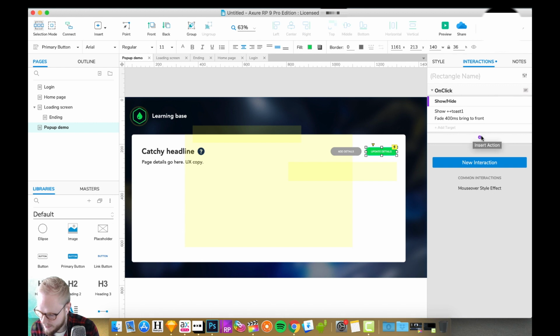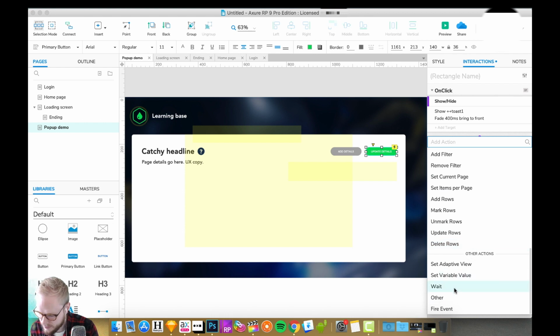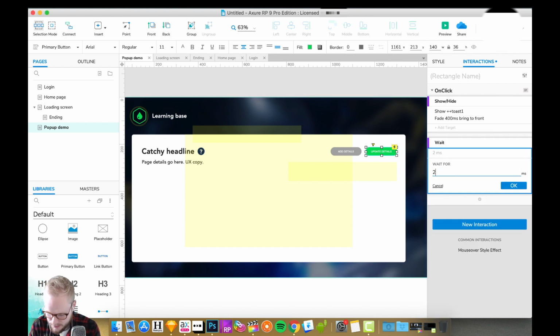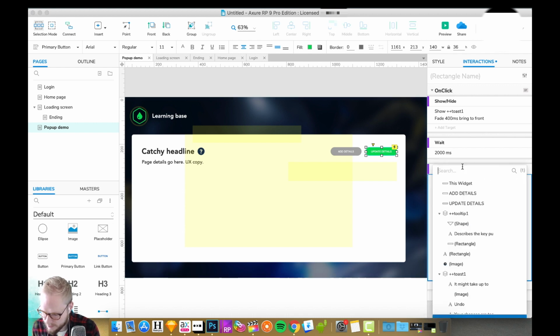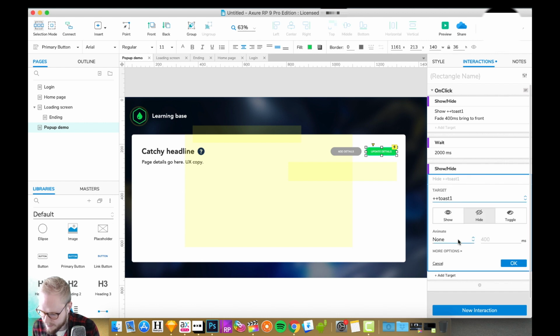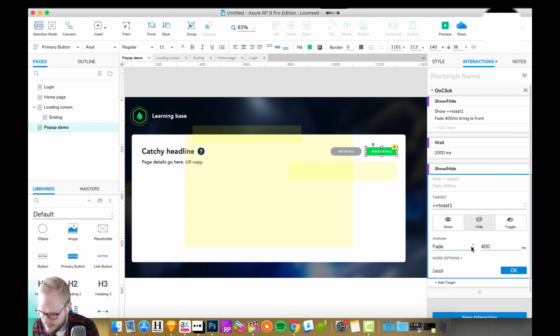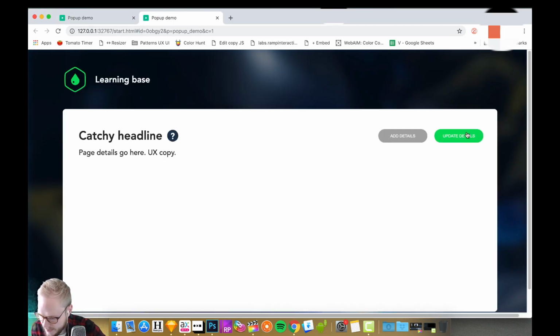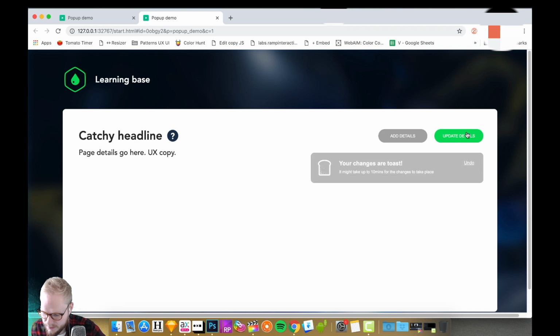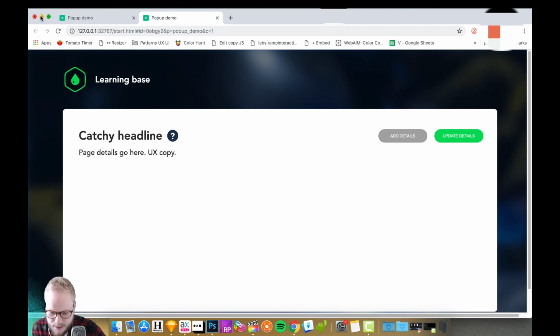And then I'm gonna wait for, let's say, a second or two, so the users can actually see it. Let's say 2 seconds. Again, test it. The timings, you can't really predict how it's gonna look, so it's best to test. And then I'm gonna hide it as well, and just fade it out maybe quicker. And let's preview it. Quick and snappy. Clicking, toast appeared, and then disappeared. It was a bit too quick,